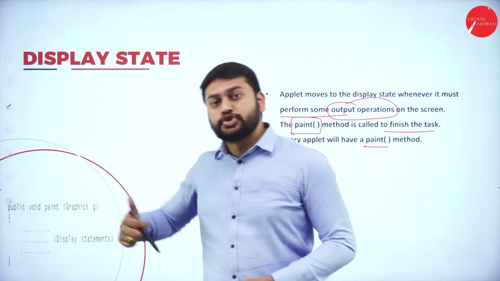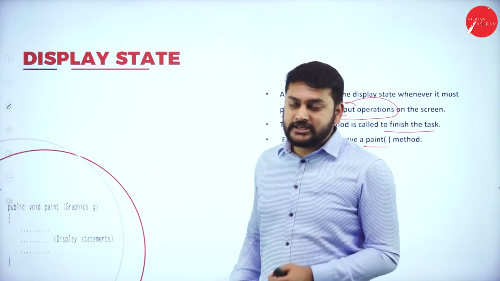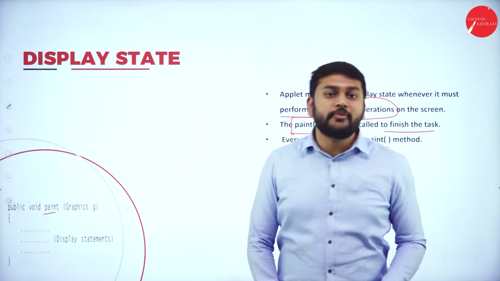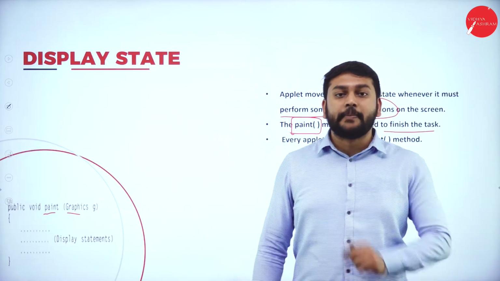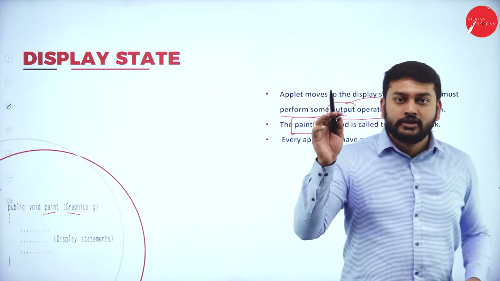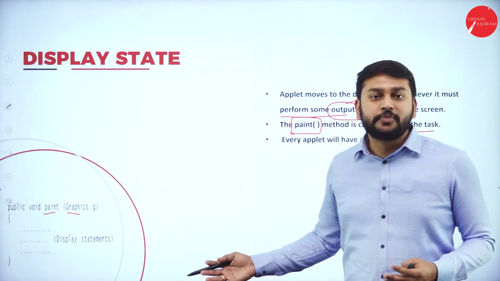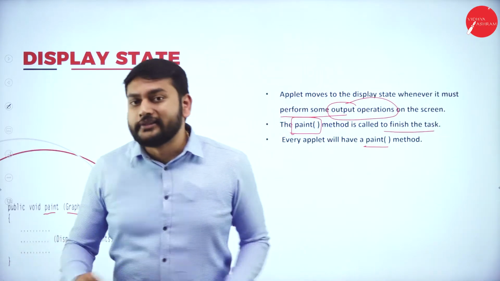Check out the snippet that I have here. void paint is the method that you need to remember. Paint is the name of the method that I'm using, and then please observe Graphics, I'm passing an object called g. Please remember that, and whatever statements you want to have with respect to this function, you can have them inside it.